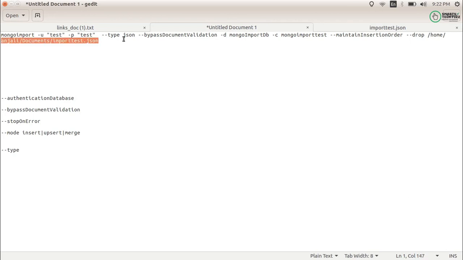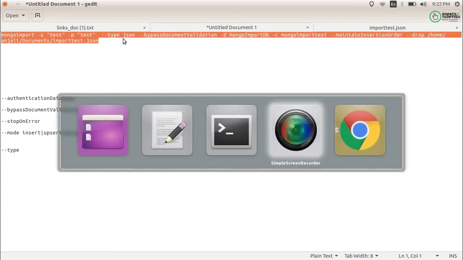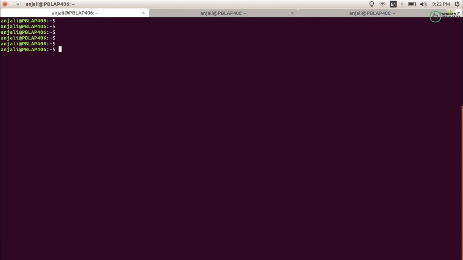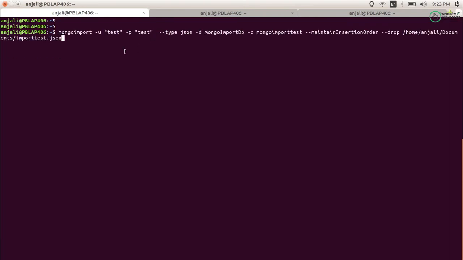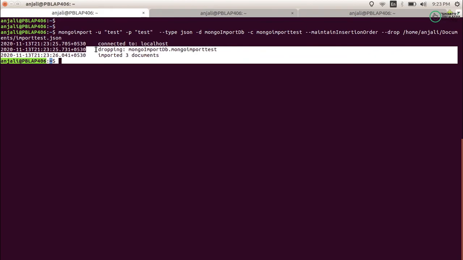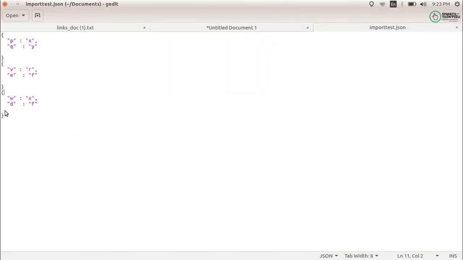Now let's see how you can run this. Just come to the terminal, paste this command and press enter. You can see that 3 documents have been inserted, because this JSON file has 3 documents.